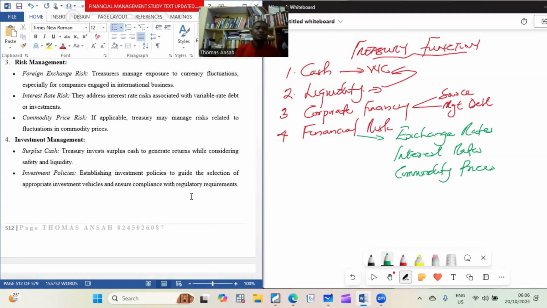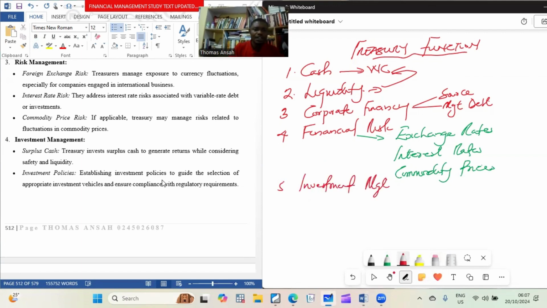We also have investment management. So if there is money, if there is surplus cash, what do you do with it? How are you going to invest it? What kind of investment policies do you have? You remember investment appraisal, the steps: identification, selection. All right. So you do evaluation of them with investment appraisal. You select it. When you select it, what do you do? You implement the project, you monitor the project. So what policies are you setting in between these steps to make sure that you are able to carry out proper investment policy? So we have investment management